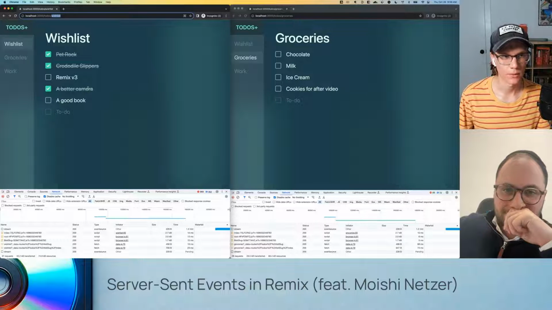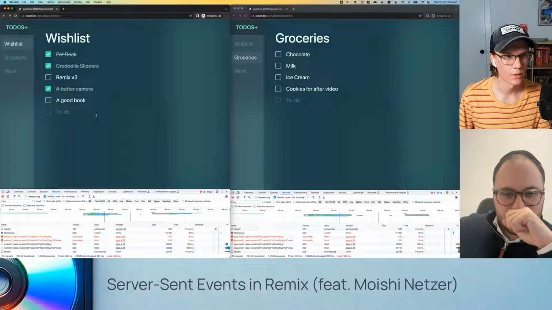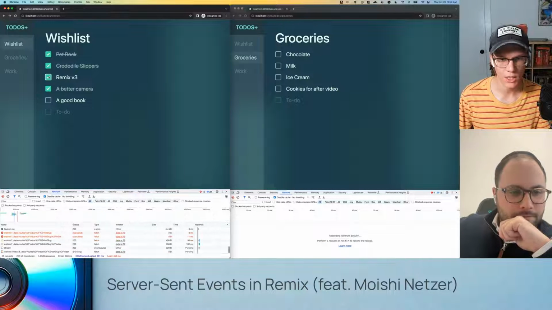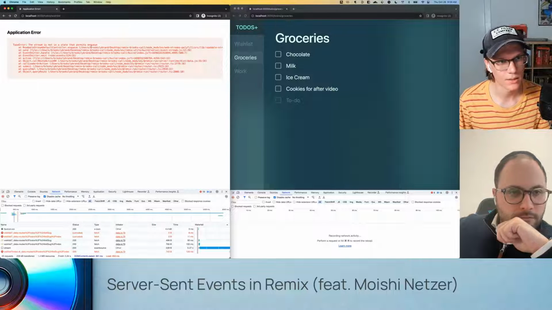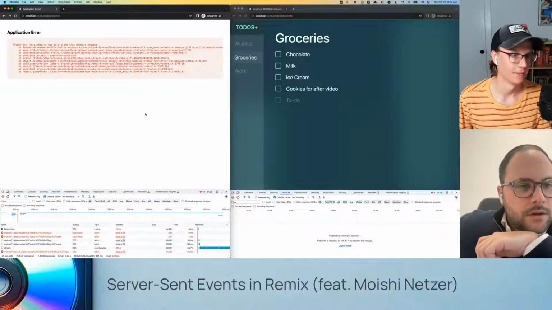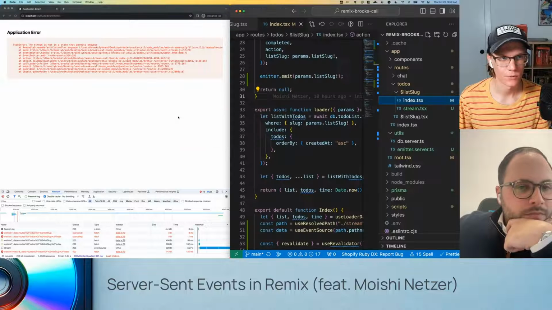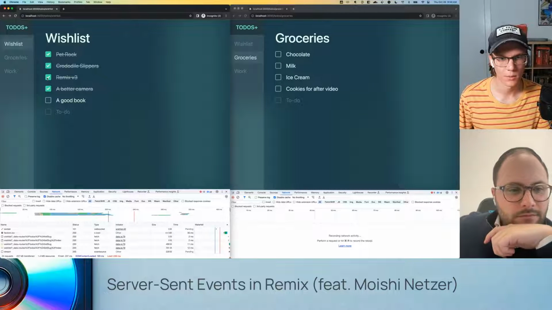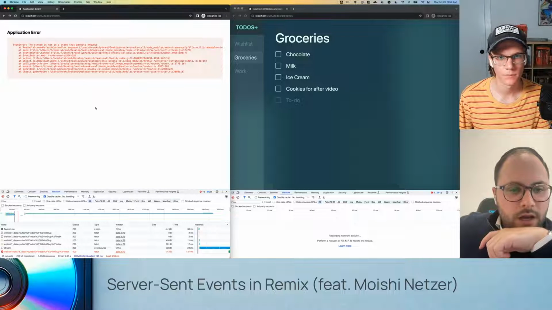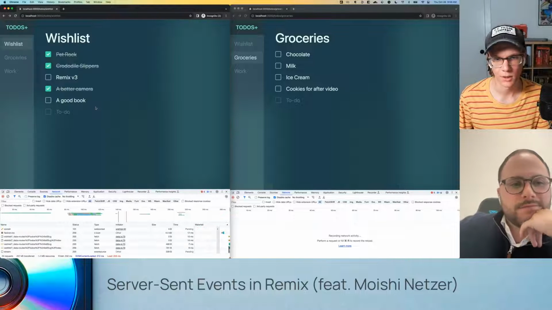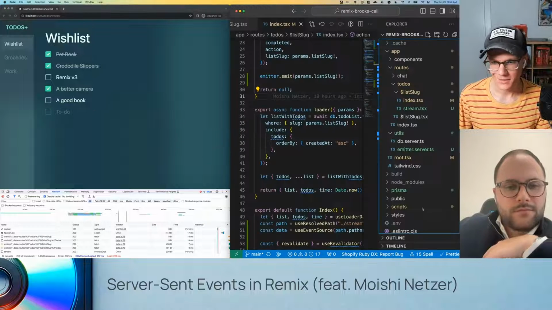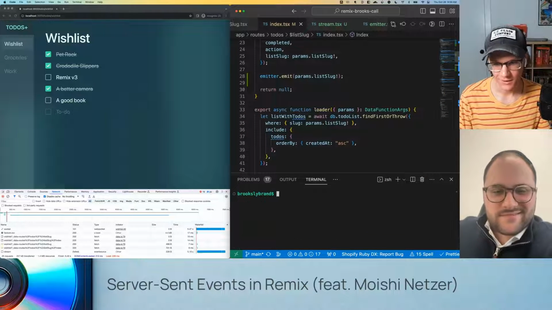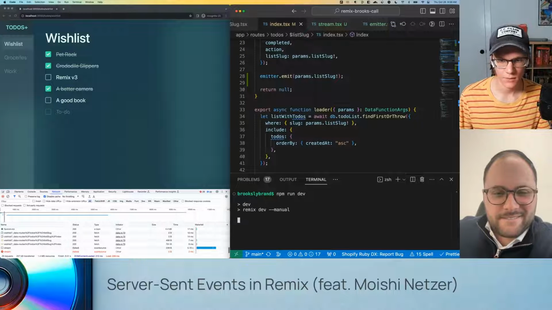And now, hopefully, let's try again, and let's make sure that this is still the same. Okay, so I'm on wish list and grocery, and so if I change this, oh, the stream is not in a state that permits enqueue. Okay, let's maybe refresh the page. Could just be a server reset kind of issue. That makes sense. All right, let's try it one more time. Maybe you can restart the dev server. All right, cool. Another thing that hopefully will be fixed relatively soon. We'll see. All right, so let's get that.